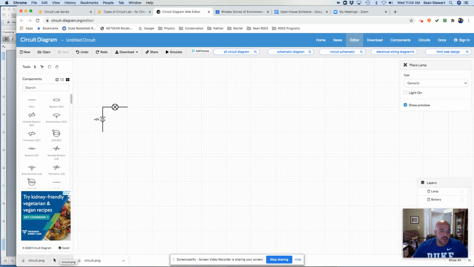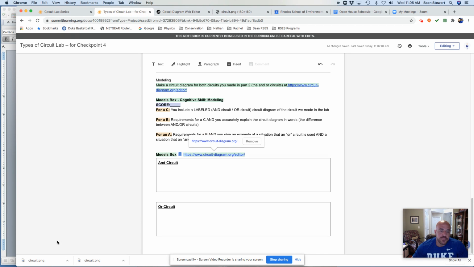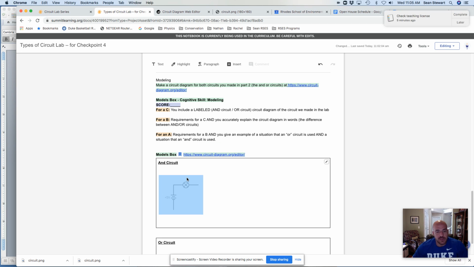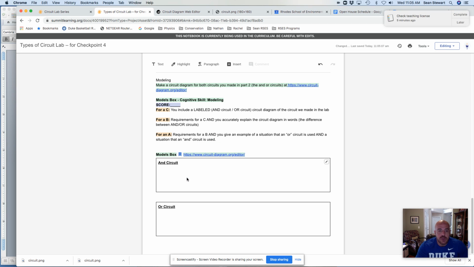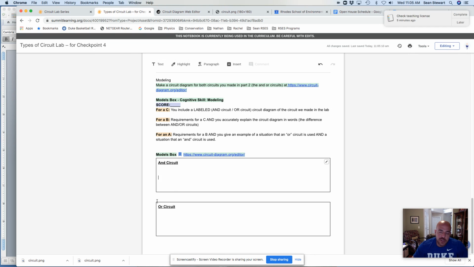And then if we look at the bottom, it's popped up down here. Oops, I clicked it. You don't have to. If I go back to my checkpoint, it's here, my most recent download. I click it, I hold it, and I drag it to where I want it, and then there's the picture I made. You'll go back to the circuit diagram page, and you'll make your OR circuit. And if you forgot what these look like, the pictures are on your lab handout, so you can use those as your guide. You'll download that, drag it into this box, and you are all set for checkpoint